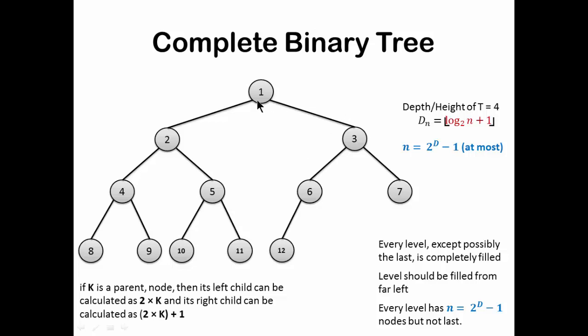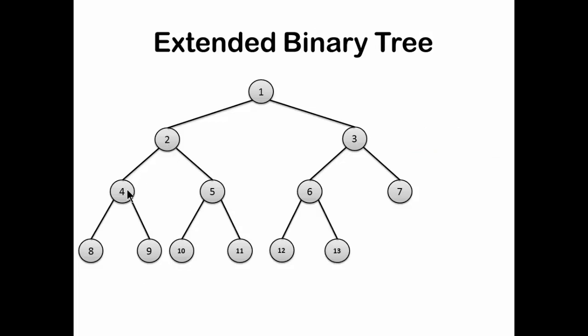Why? Because we have an order of putting the nodes into this tree. It is always from left to right. Fine. So it is the first location, second location, third location, fourth location. The fourth location becomes the child of 2, and it goes by the formula twice of k. So if my node k is equal to 2, then the left child would be 4.